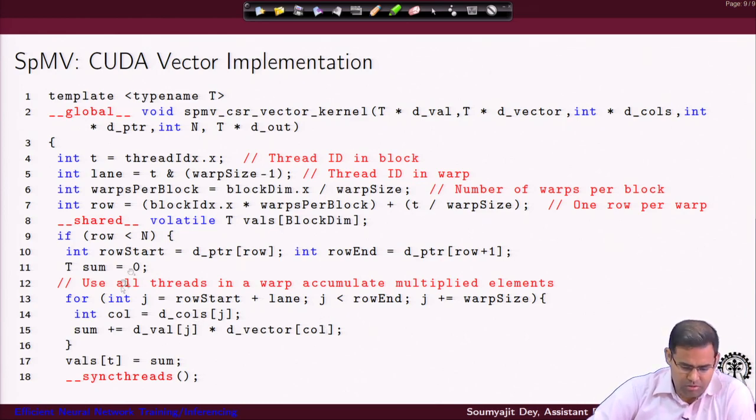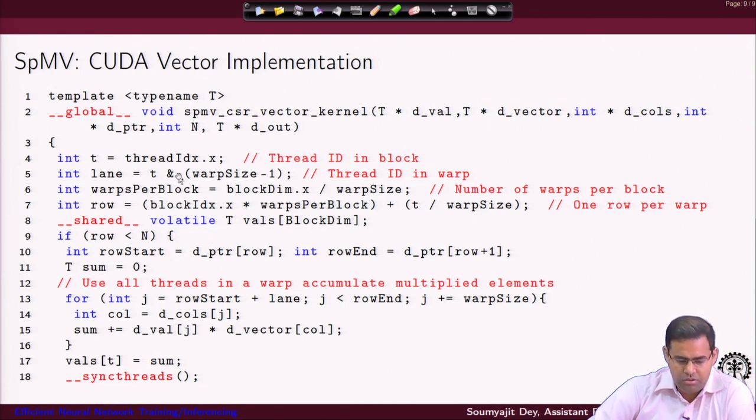Once the partial multiplied values are calculated, all of them are written back to this shared memory, right. Now, this is where the importance of the shared memory comes in, because now I want the warp to do cooperative reduction, and of course, for that I will need the data to be in the shared memory.